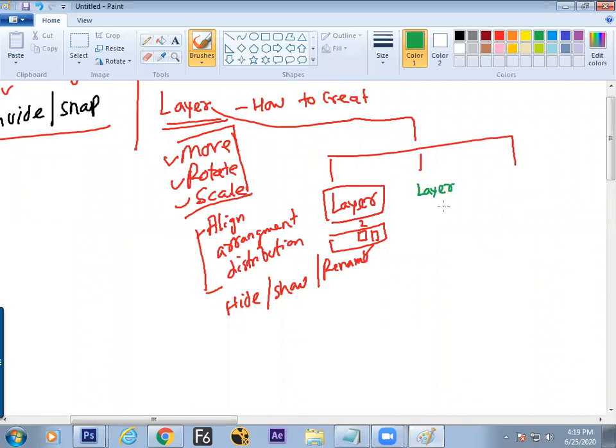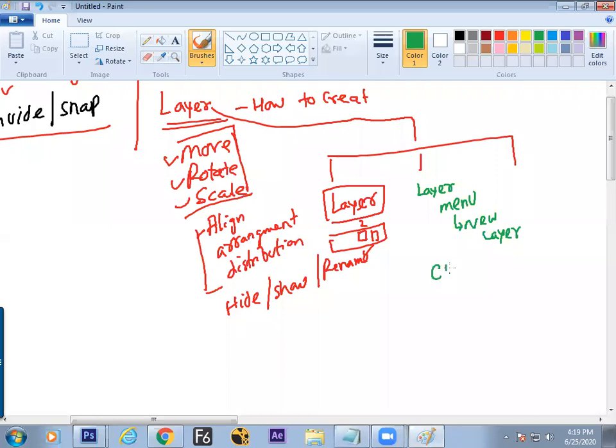Layer menu, New, New Layer. And the hotkey, what you got to know?